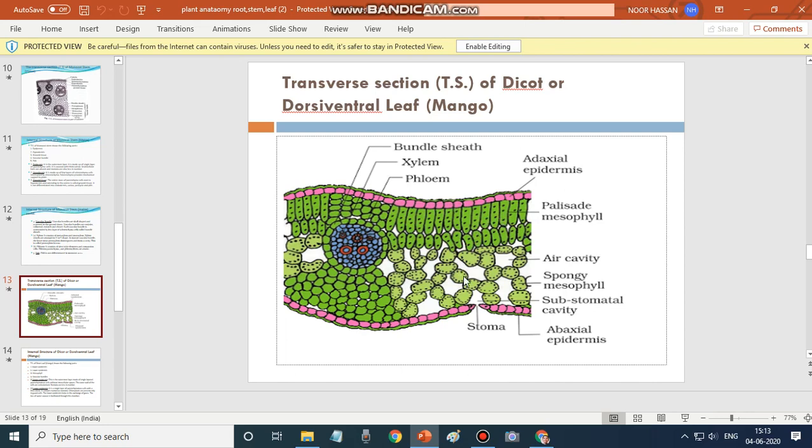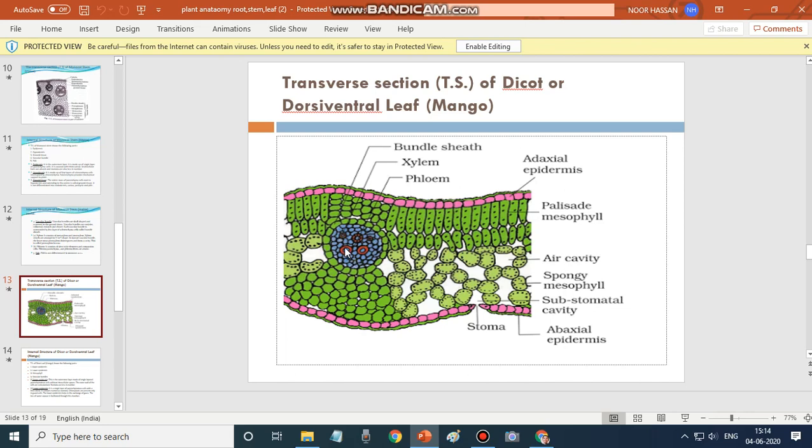We shall move on to spongy parenchyma. Spongy parenchyma is the one below the palisade parenchyma, and its cells are almost spherical or oval and irregularly arranged. Here you can understand palisade parenchyma cells are arranged regularly, but the spongy parenchyma cells are arranged irregularly, and they have intercellular spaces. But between palisade parenchymatous cells there are no intercellular spaces. So these are some of the differences between palisade and spongy parenchyma. Spongy parenchyma helps in gaseous exchange. Next we shall discuss this part.